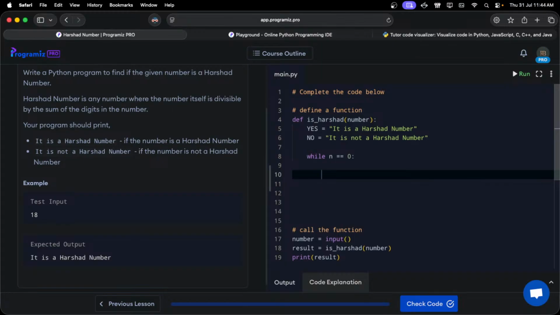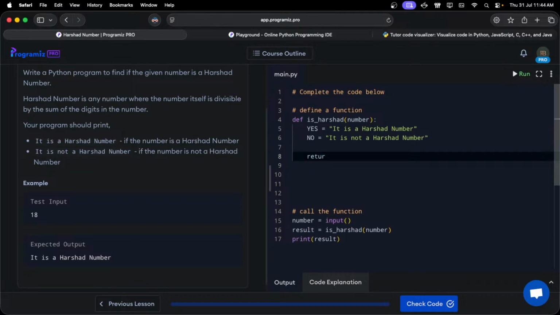So string, and then we will need some kind of mid value. Is it that complicated though? I'm not so sure. Let's try the simple way first of all. Return yes if str number, right, 0 plus